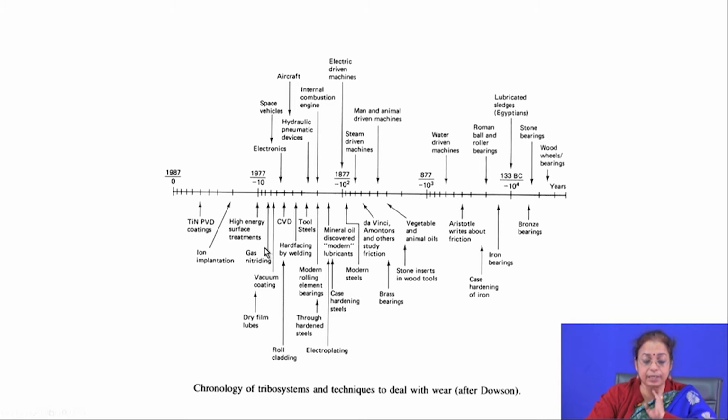Then the vacuum coating technique came into the picture in 1977, and after the invention of laser and electron beam, people started applying laser cladding, laser surface treatment processes, and then ion implantation and PVD coated substrates. So, right now, if you just see the scenario, people apply weld overlaying, nitriding, and carburizing processes, different laser, electron beam or plasma based processes, as well as physical vapor deposition and chemical vapor deposition techniques in order to improve the hardness of the surface,